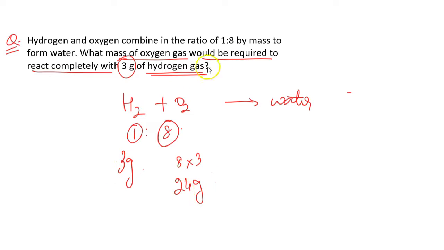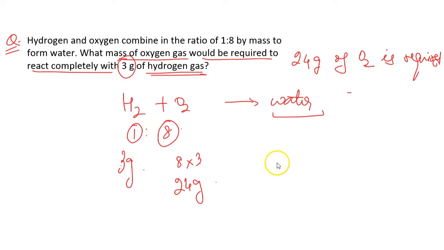So what will be the answer? 24 grams of oxygen is required to react with 3 grams of hydrogen. Well, here we can also figure out the amount of water added. How we can find out that? By law of conservation of mass. लेफ्ट हैंड साइड में देखें तो टोटल मास इज 27 ग्राम्स, तो राइट हैंड साइड में फाइनल प्रोडक्ट जो आएगा वो भी 27 ग्राम्स होगा, राइट? ओके, मूविंग अहेड टू द नेक्स्ट सेट ऑफ क्वेश्चंस.